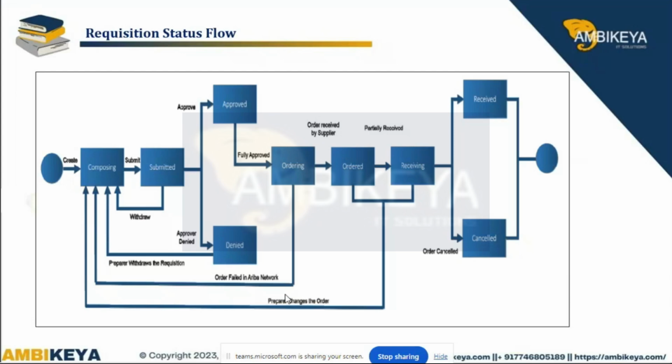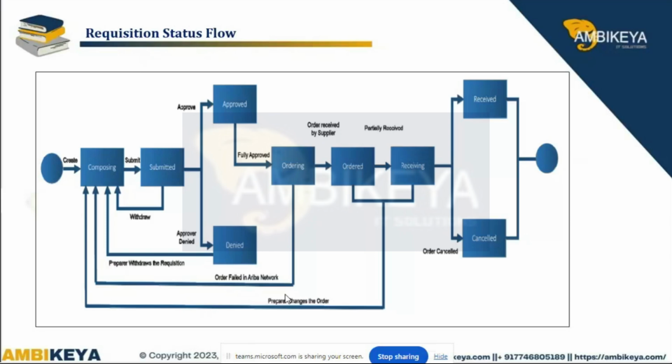And if, during approval, for example, there are 4 approval nodes triggered, only the first 2 are approved and the remaining 2 are not yet approved, it will be in approving status. The requisition status will be approving. Once all the approvers have approved, the status will become ordering. There is a slight difference between ordering and ordered. Ordering is the stage where the purchase order is